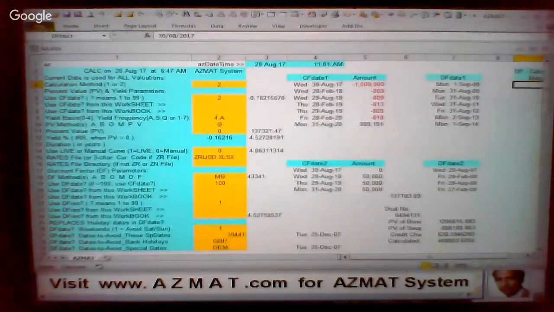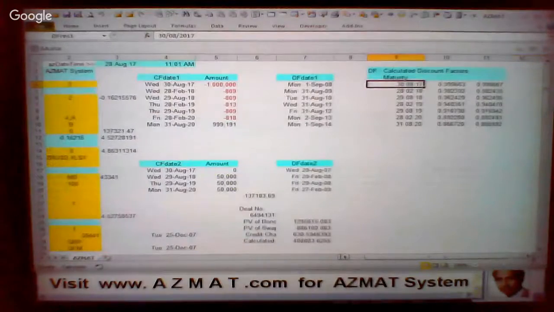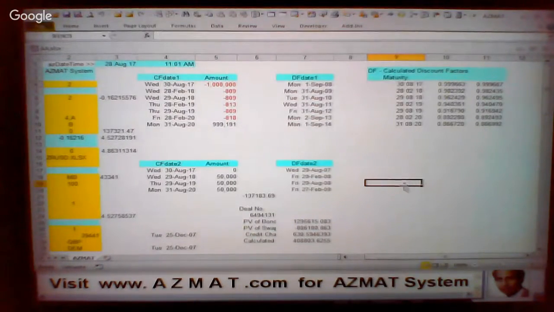So for example, here I have discount factor results. I have defined it here as df res 1, res short for result. The reason I've used the short name is so I can see the whole name here in this box. So df result 1, for example, the top cell is defined here. So with Control D, it means enter the discount factors, the maturity dates in this column, and the actual discount factors there,